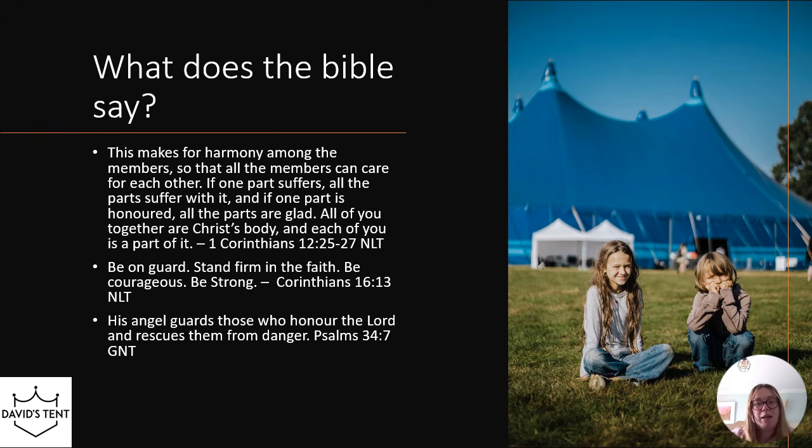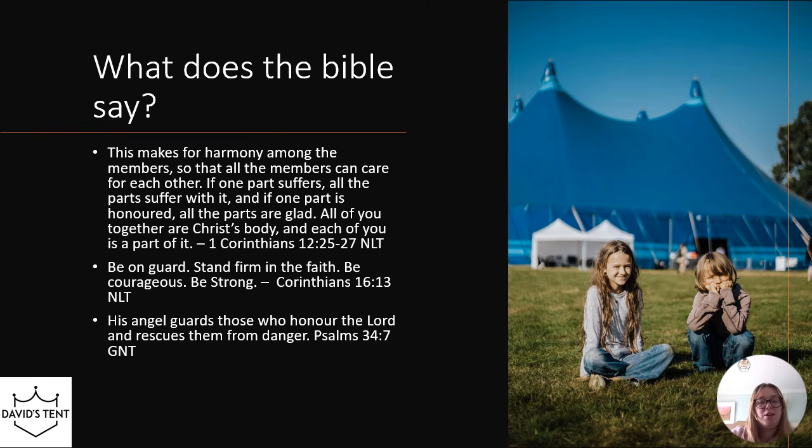And that's a really key principle as well within safeguarding, is that we all look out for each other, we're wanting the best. And if we're seeing somebody that may be in need of additional support for some different reasons, which we'll go over later, it's our responsibility as the body of Christ to be there and to support them.